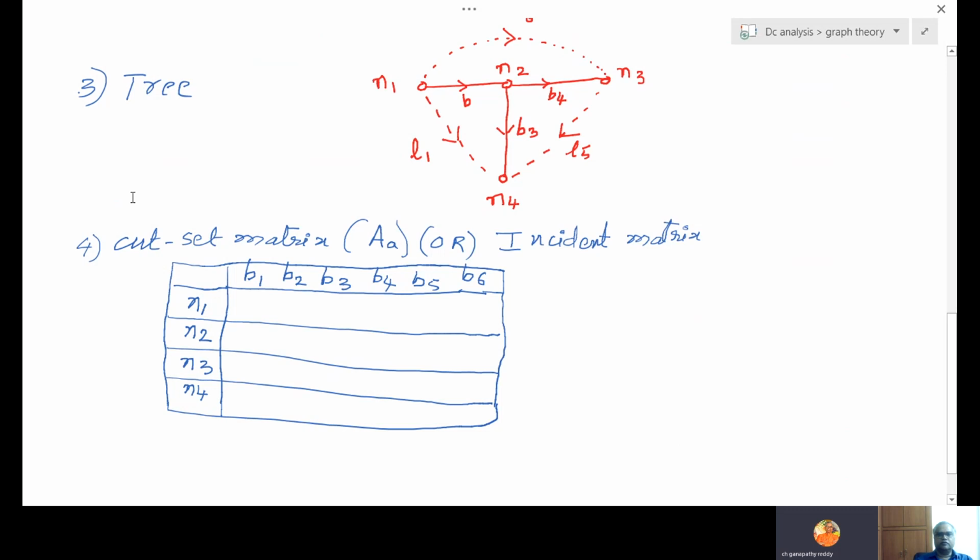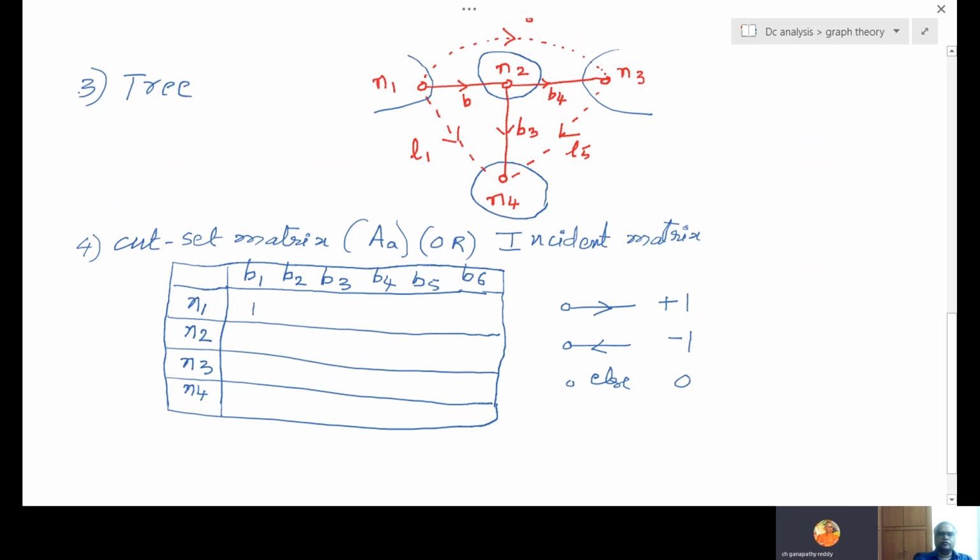So in this, what is the sign convention here: current leaving is +1, current entering is -1, branch not connected equal to 0. This is one cut. It is cut at N3, cut at N2, cut at N4. So at N1, B1 is leaving +1,